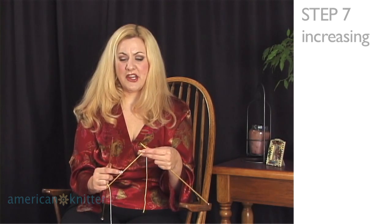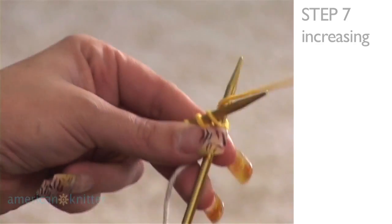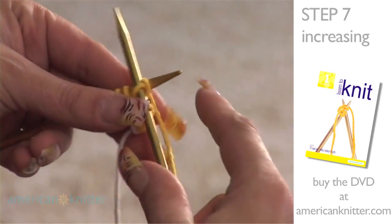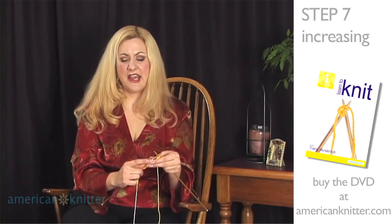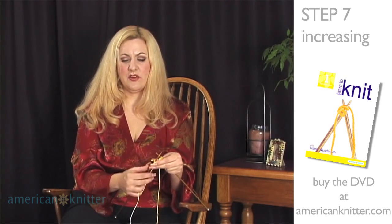I'm going to show you how to do an increase. You're going to knit the first 2 stitches. So go ahead and knit the first 2 stitches with me, just like this. And then you're ready to do an increase. All an increase is adding 1 more strand of yarn so that on the next row you'll be able to